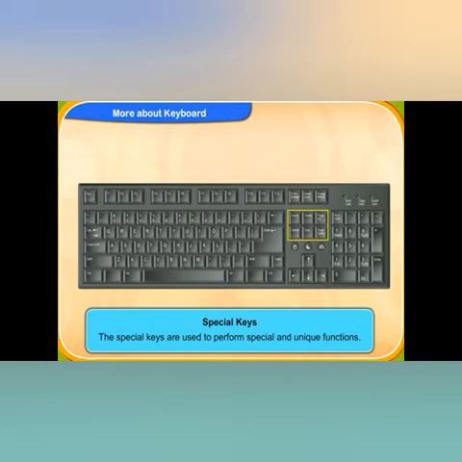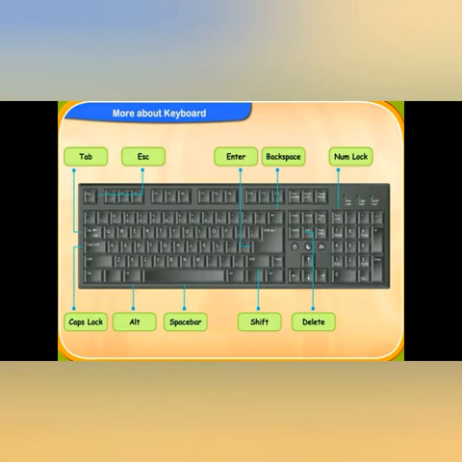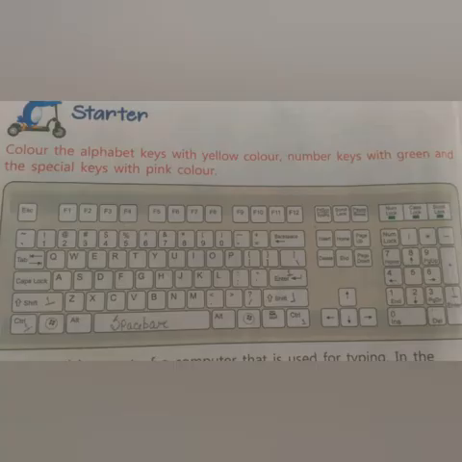All the keys inside this yellow border are special keys, and all these keys indicated by an arrow in this picture are also special keys which perform different and unique functions. Now you got to know about the special keys also. So now in the picture given in your book, you will have to color all the special keys with pink color. Clear?